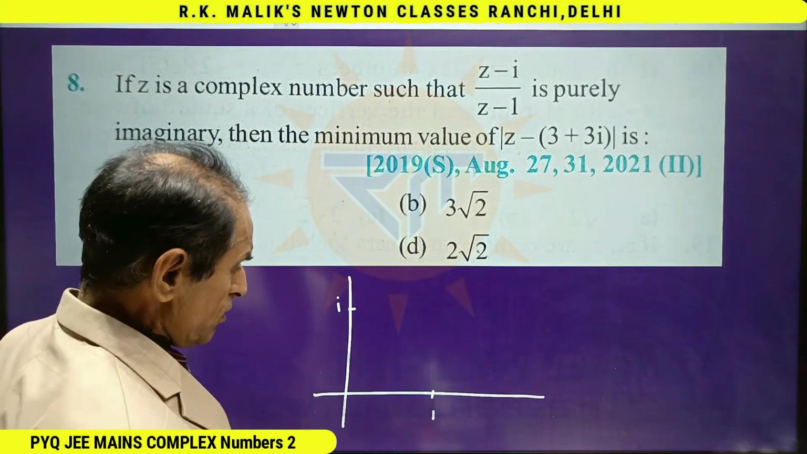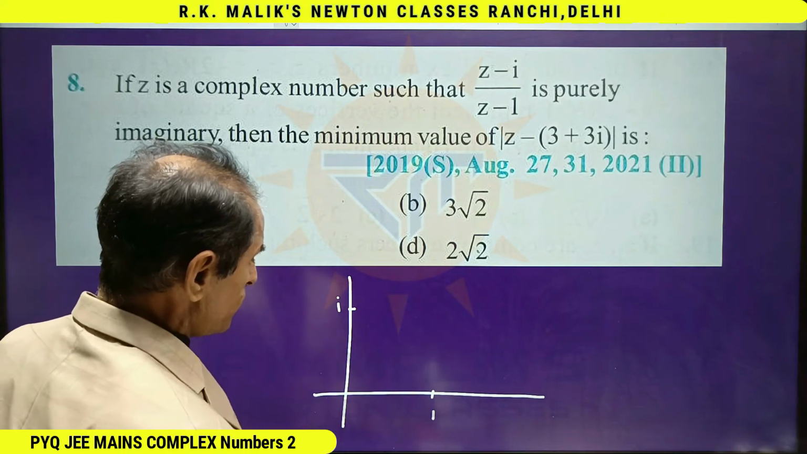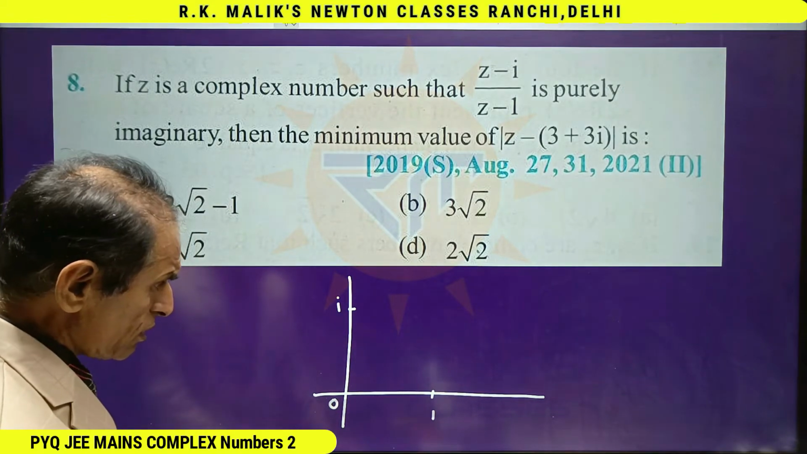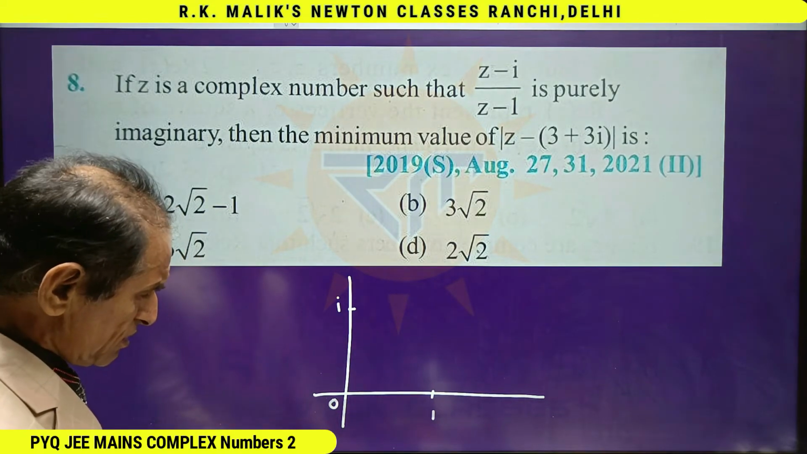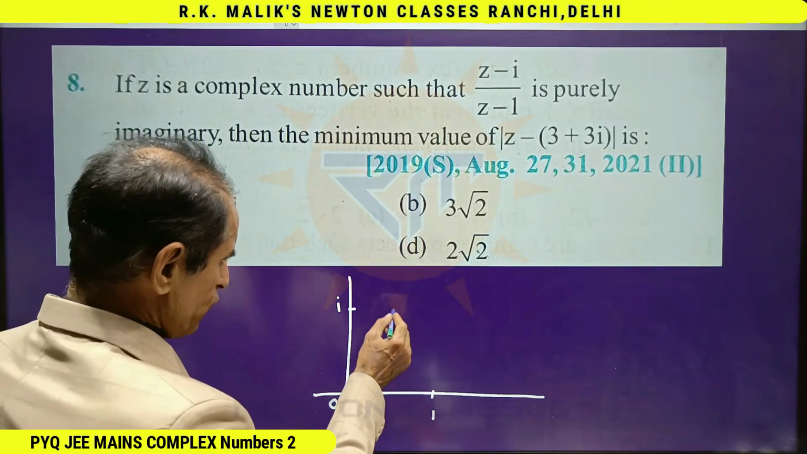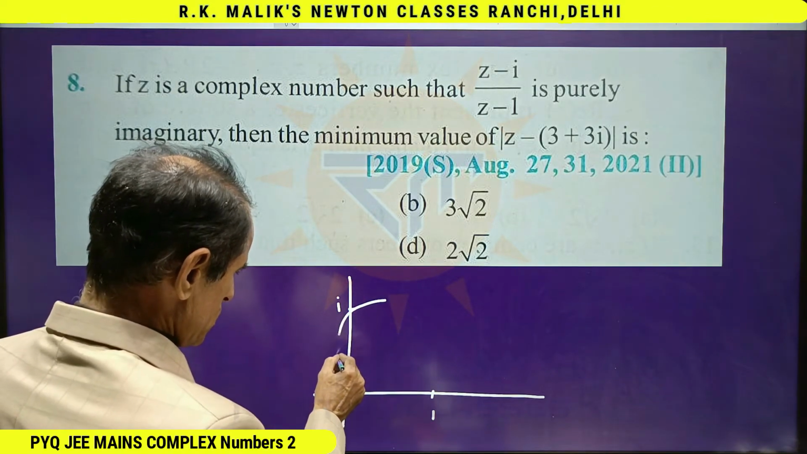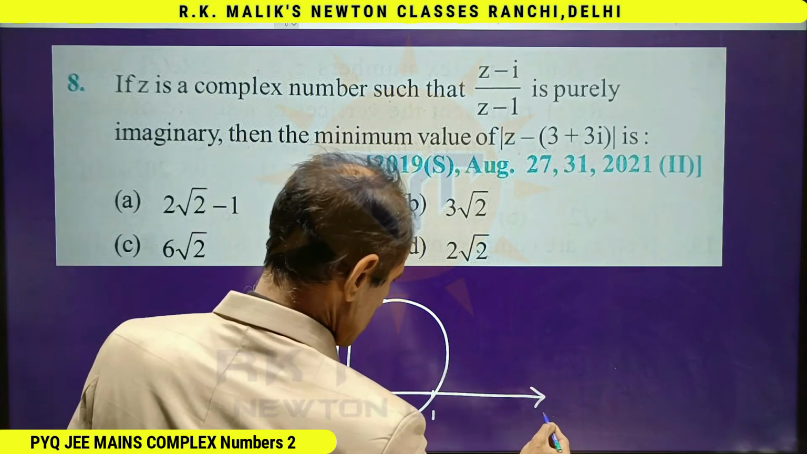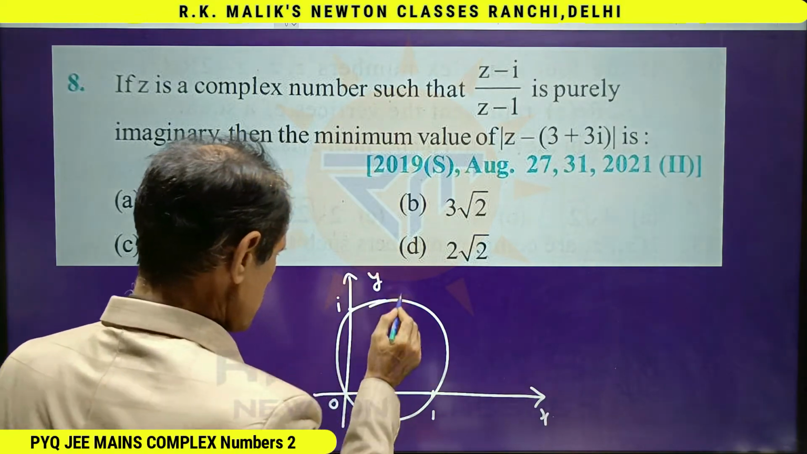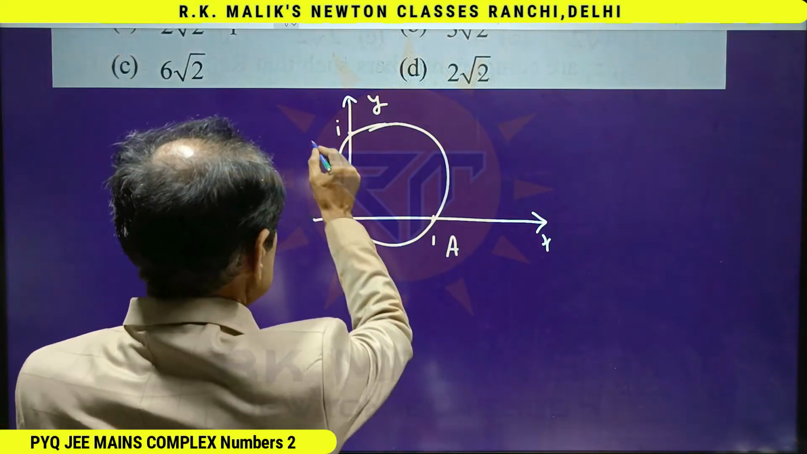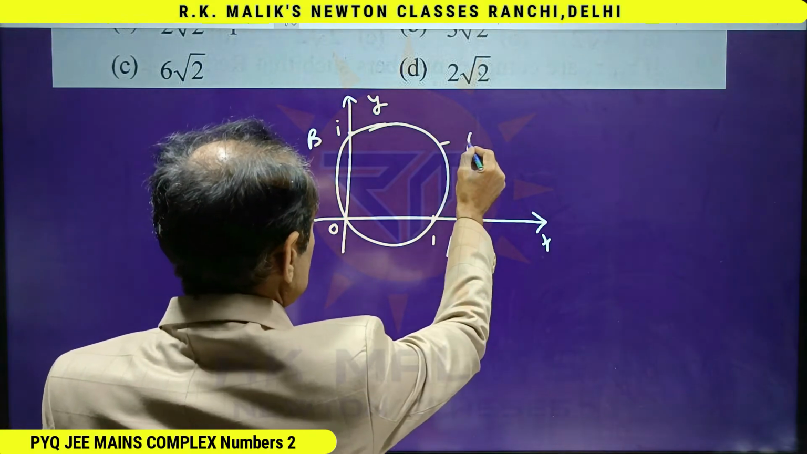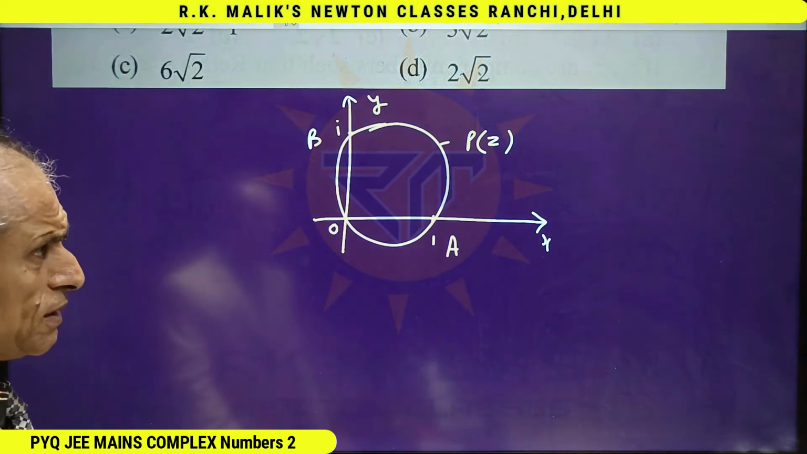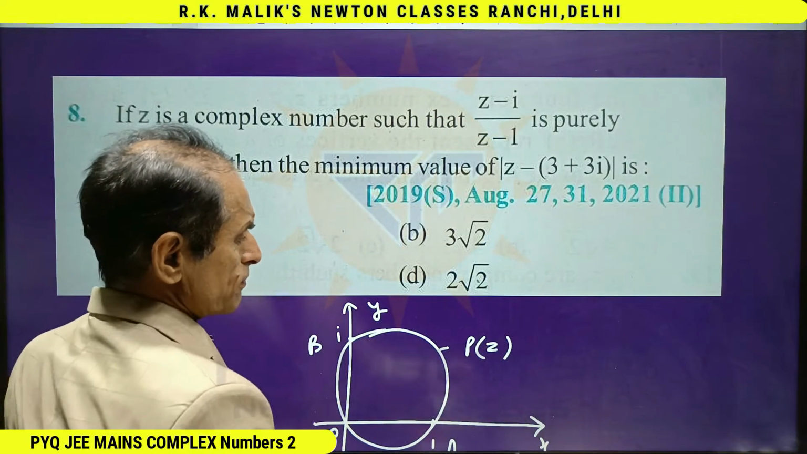The locus of z will be a circle for which 1 and i will be the end points of the diameter, and that circle will pass through the origin. On what basis am I saying this thing? See, first let me draw the circle. Let us name the points as A, B and a variable point P on the circle. The complex number of the point P is z. According to this,